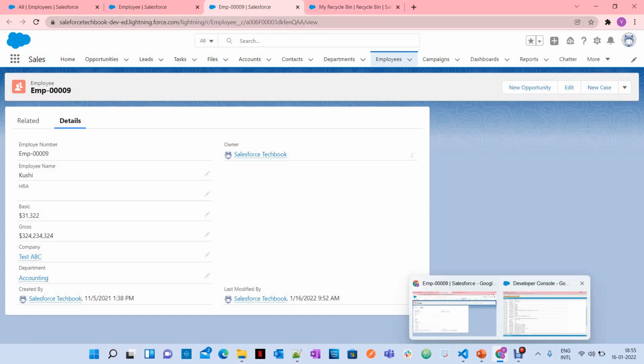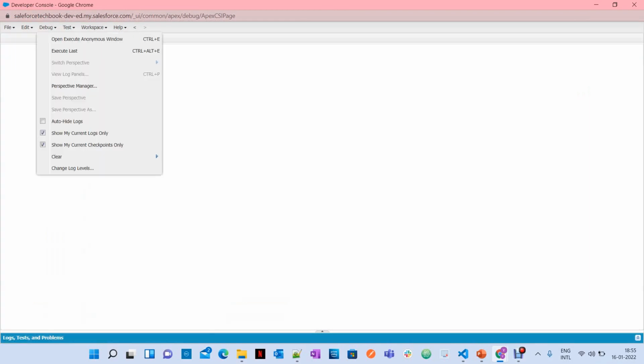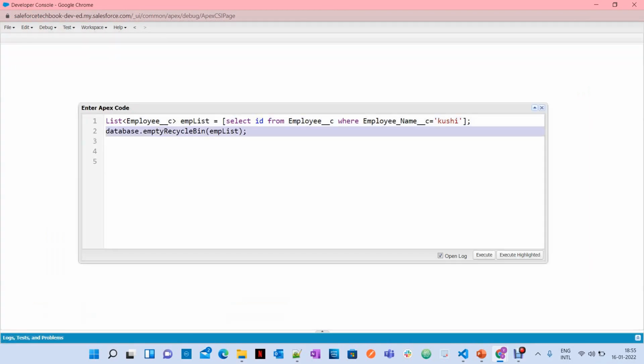So what it means here is, even if you apply emptyRecycleBin without applying the delete statement before, it is not going to perform any operation on the record. So whenever you want to delete a record permanently, the first thing is you have to use the delete statement, delete the list, and then you pass the same list to Database.emptyRecycleBin.